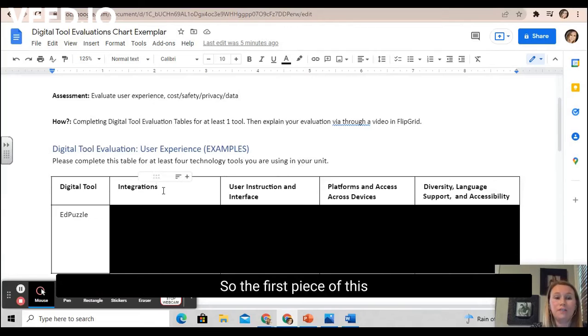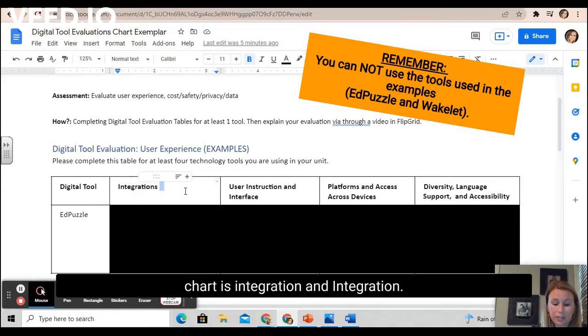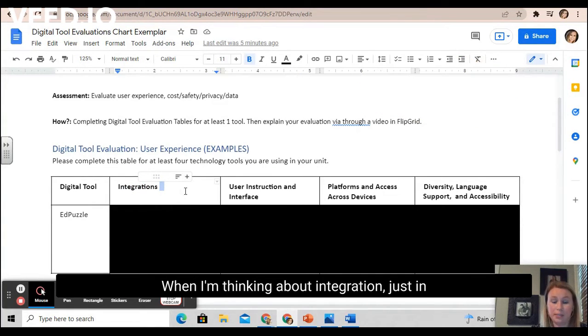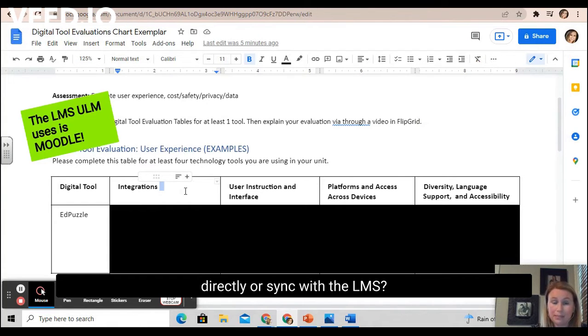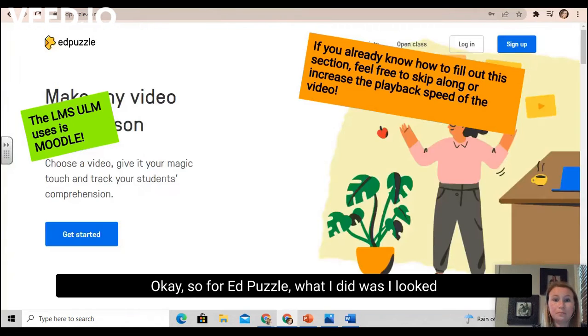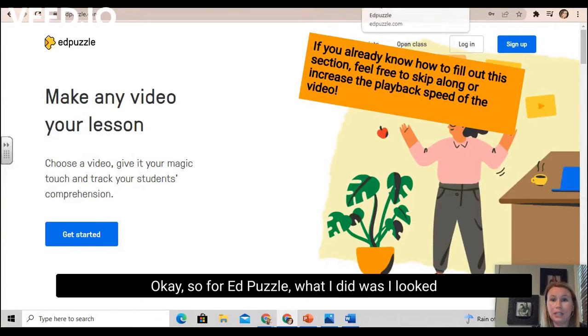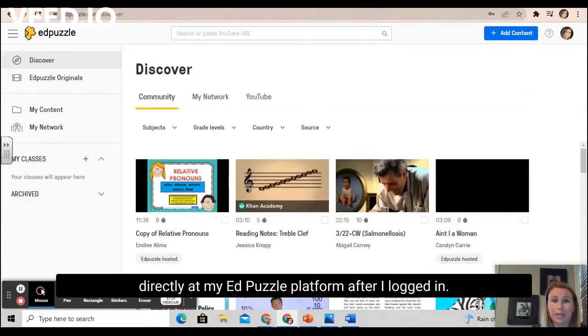So the first piece of this chart is integrations. When I'm thinking about integration, just in summary, I'm asking myself, does it connect directly or sync with the LMS? Okay, so for Edpuzzle, what I did was I looked directly at my Edpuzzle